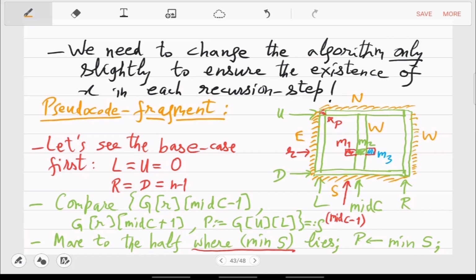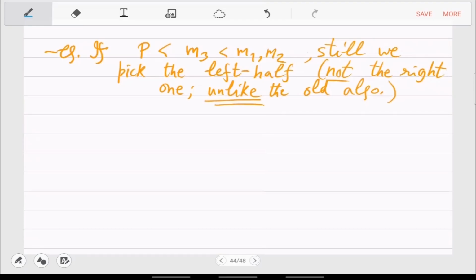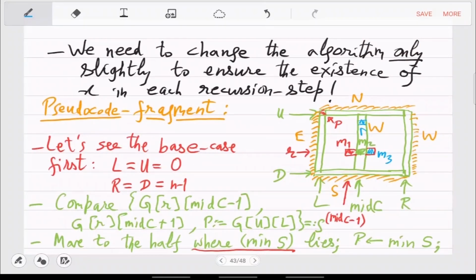Because P is smaller than M2, and every other point is smaller than M2 because of that relationship. So here every point is smaller than M2, and P is also smaller than M2. In fact, P is smaller than M3, so clearly it is smaller than M2. So P happens to be smaller than everything. Okay, it's smaller than M1, M2, M3.